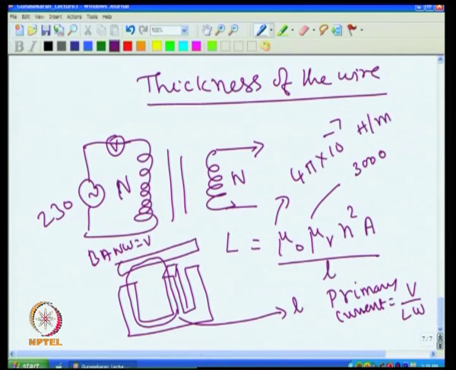So, when the magnetic field changes, it induces a voltage here as well as here, but this induced voltage will always be equal to the applied voltage, and it is always opposite to the applied voltage. This is the one which opposes the applied voltage. That is why the current flowing through the primary is very small when there is no load in the secondary.